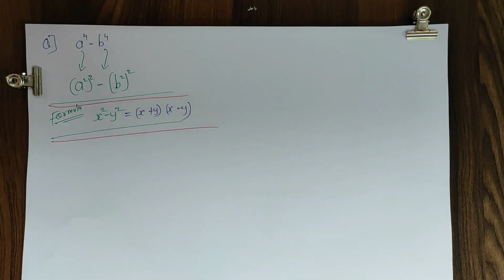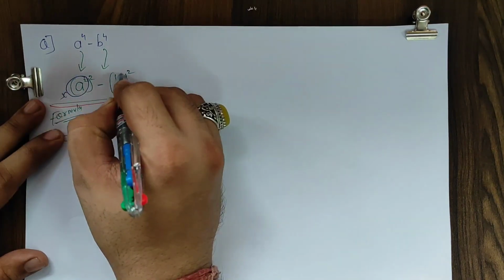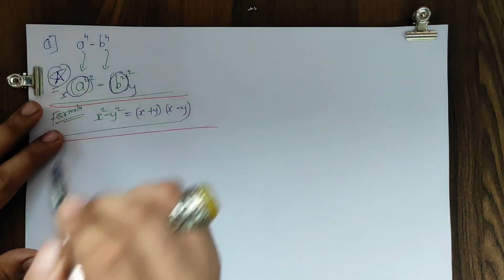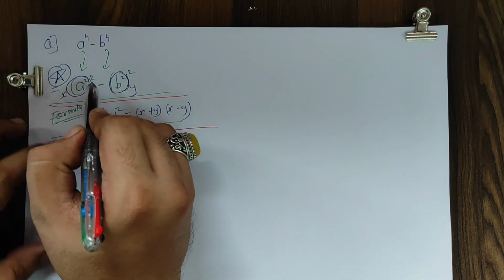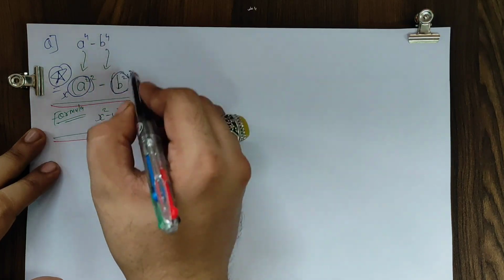In my submind I can think that ये a square मेरे लिए x की तरह है and b square मेरे लिए y की तरह है. Basically this step is very very important. I am marking a star over it कि a raised to 4 को लिखे a square का square, so 2 2 जा 4 हो गया, ठीक है. Just और b raised to 4 को लिखे b square का square.